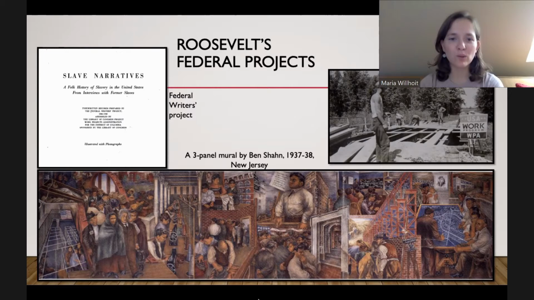And then this is also one of the famous murals that was created during this time period as part of the WPA mural projects, artistic projects. It was by a man named Ben Shahn, who was actually a Russian Jewish immigrant. I don't know where in Russia, though. And by Russia, I mean the Russian Empire.